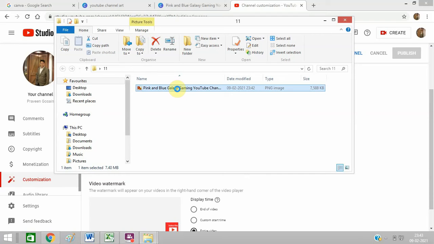You can just right click over the image and edit it in your any specific editing platform. So I will prefer Paint only, because I just need to resize it, and you can see it is taking time because the file size is too much, so it is taking a little bit more time.